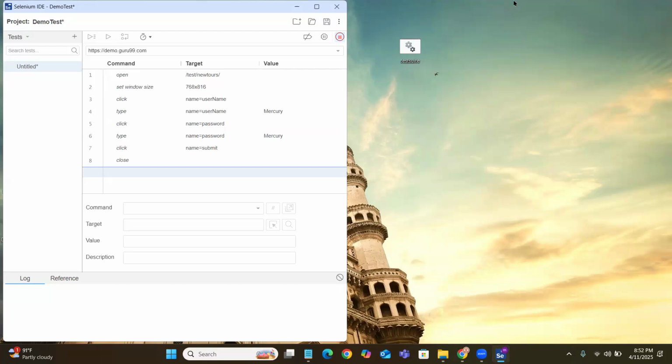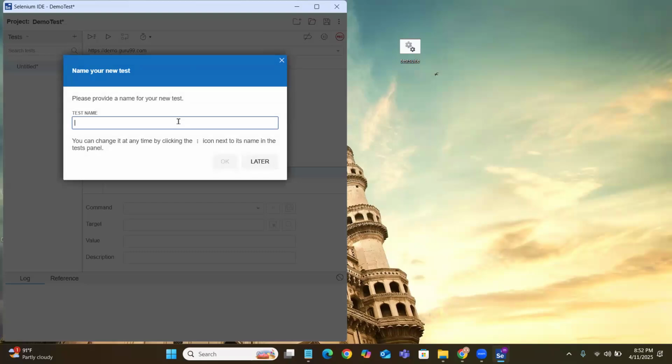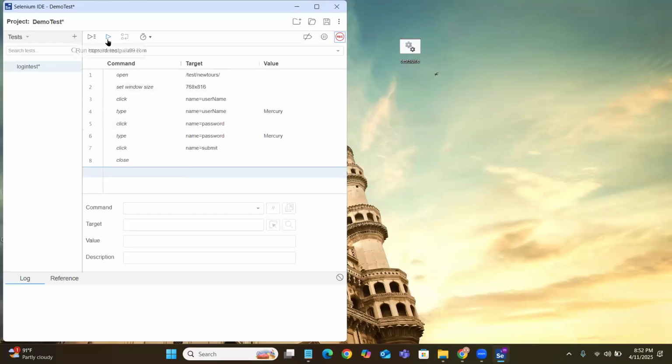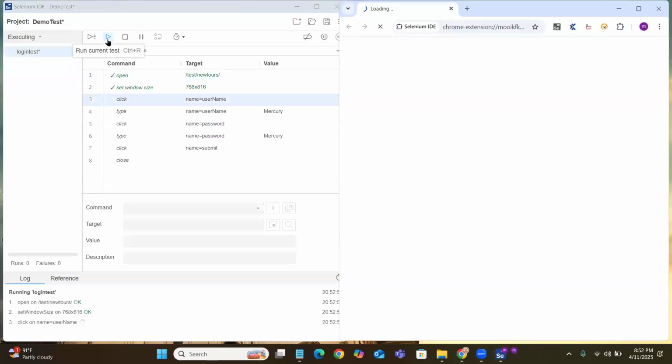Now I'm going to run it. There is a run button. If I run it, it will open the application and perform the operations on your application. Stop recording first. Test name, login test. Now there is a run button. If I click on the run button,